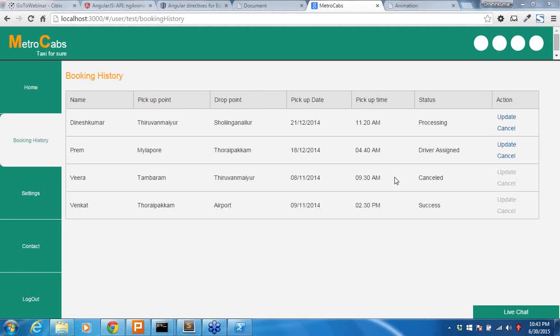Next, from Lokesh, we have a question. If I have 2 lakh data in a JSON object, is it possible to use it in ng-repeat? And what is the best practice? To be frank, Lokesh, if you bind 2 lakh objects in the UI view, it will crash the browser. This is what will happen.